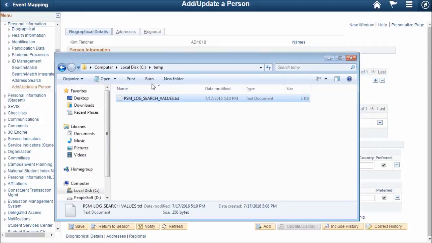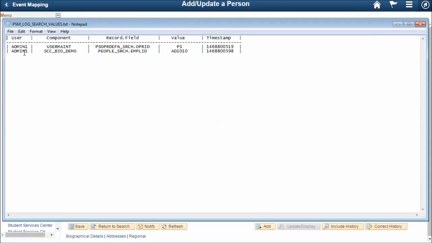And we'll look back at our log record. As you see, the admin1 user searched for the value AD1010 on the SEC biodemo component, and once again the time is noted. While logging search record values may not be the most useful functionality, the idea that I wanted